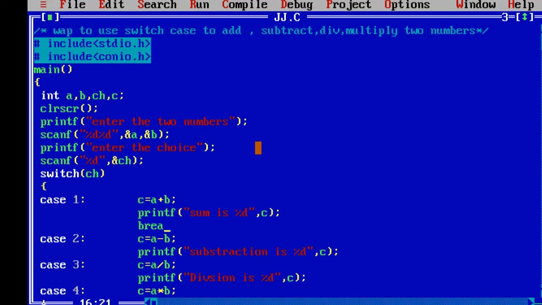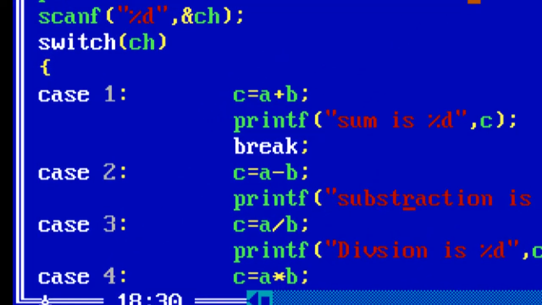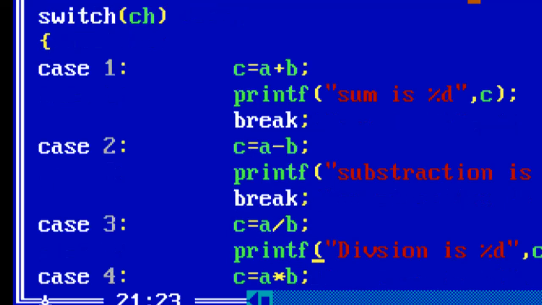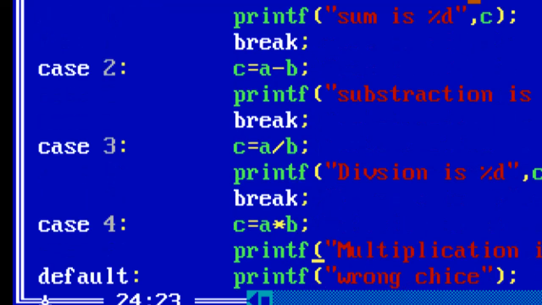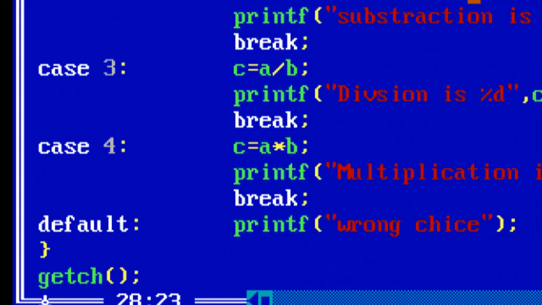So we would put a break statement here after each module. If we don't put the break, it will not exit from the first block. It will automatically print the second block as it is. So that's the reason I had not put it earlier, because the concept of break would not have been as clear as it is this time, isn't it?